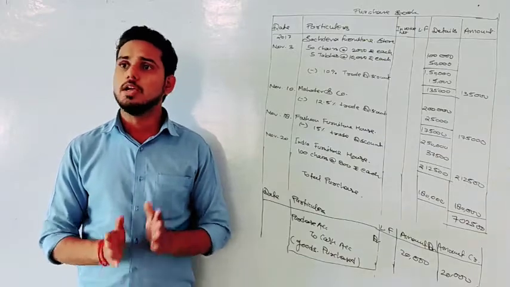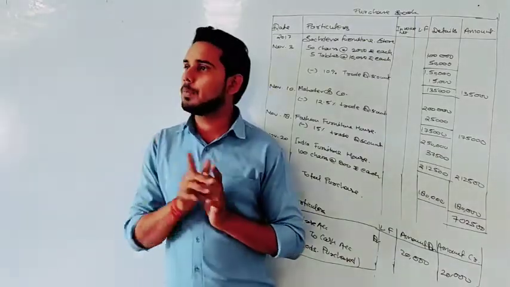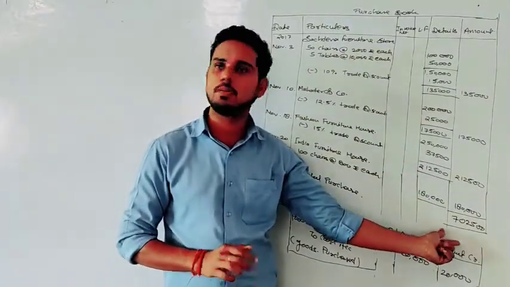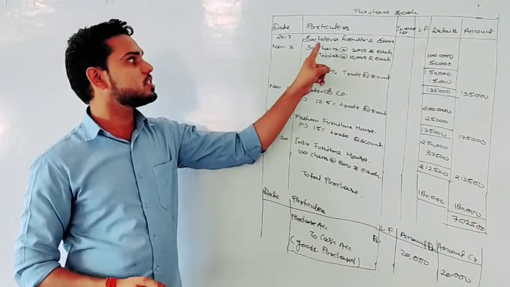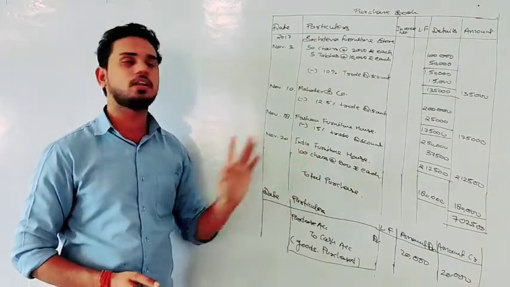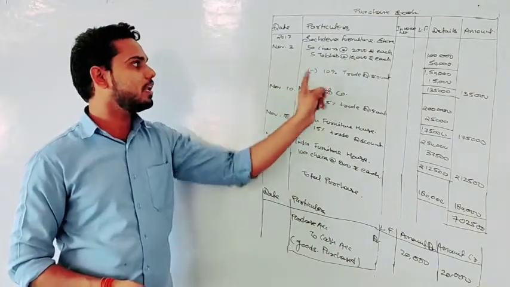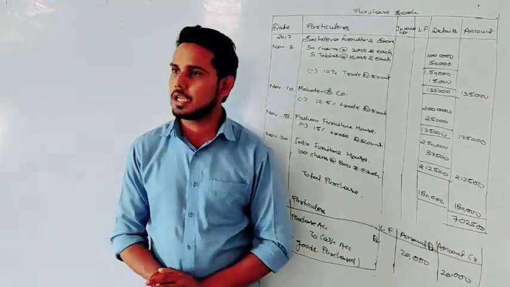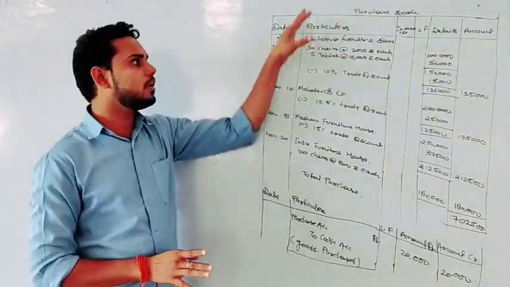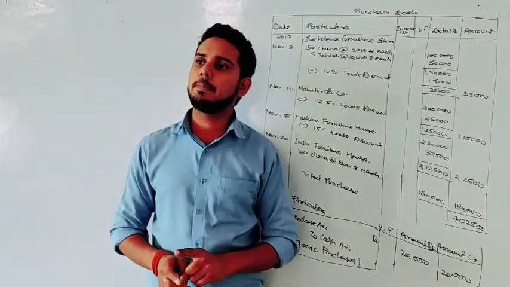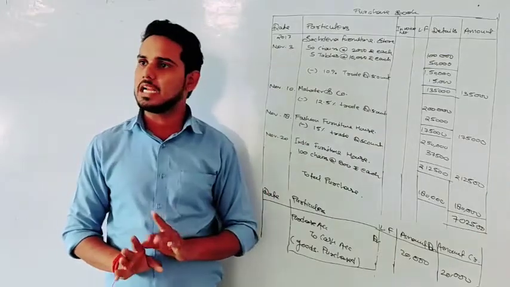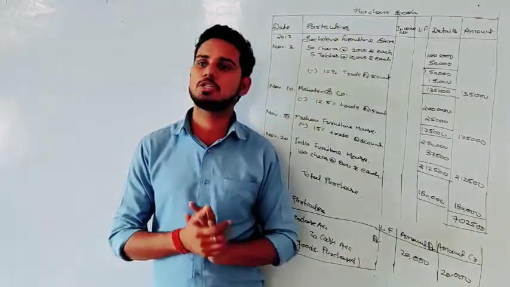No doubt. Okay. So what are the accounts that we need to prepare? First account that we will prepare is the purchase account, because we have a total purchase of this much. Second account we will prepare is for Sachdeva. Third one Mahadev. Next one Fashion. Then next one India Furniture House. So 4 accounts related to the people from whom we purchase, and 1 account related to purchase. No confusion. So in total, for purchases, you will prepare 1 account for every party from whom you purchase, and 1 account for that particular purchase total.